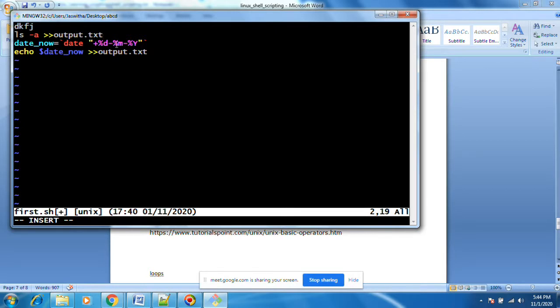Instead of output, you can mention log, outlog.txt.